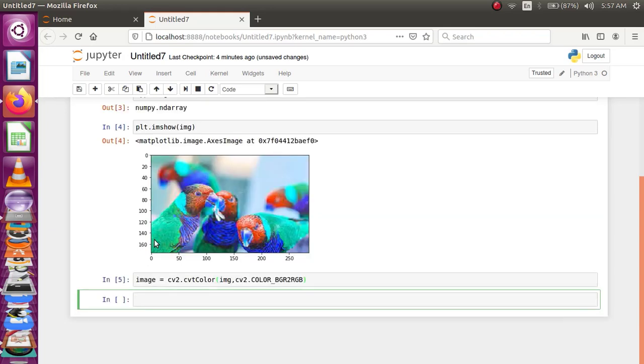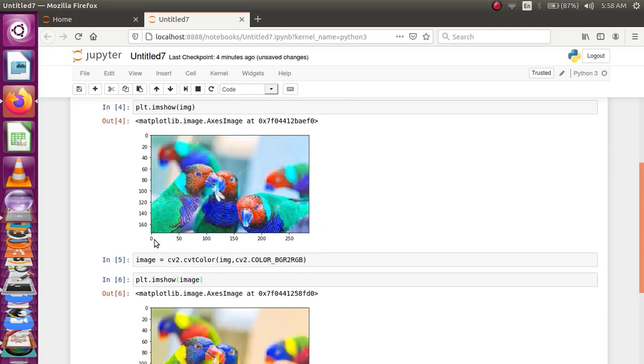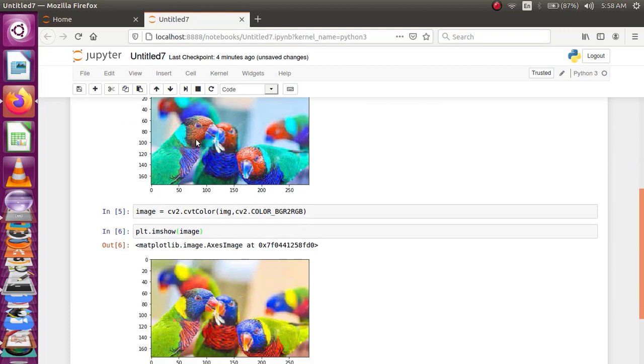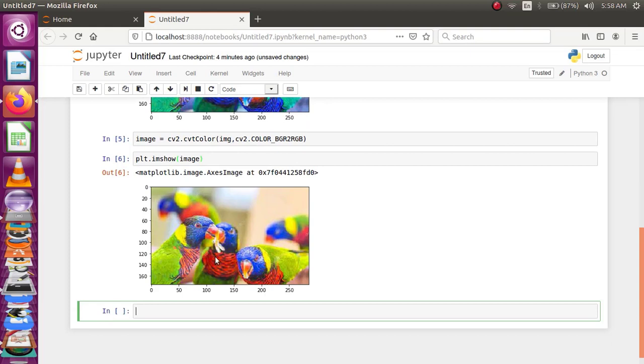Now, let me plot the image with plt.imshow. I'm now going to plot my RGB image rather than the BGR image. You can find the difference. This is your BGR image, but this is our RGB image. For converting BGR to RGB, I have used the BGR to RGB color conversion code.